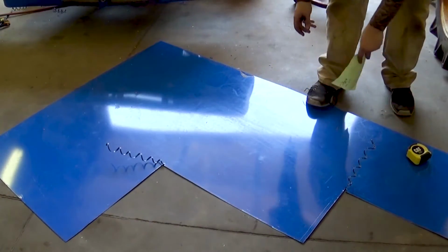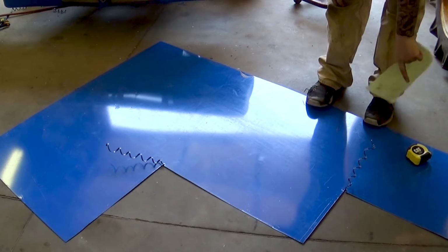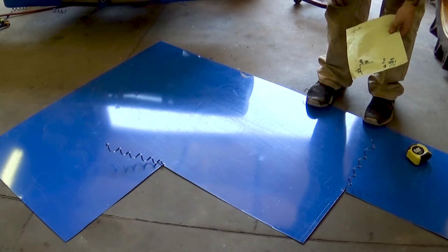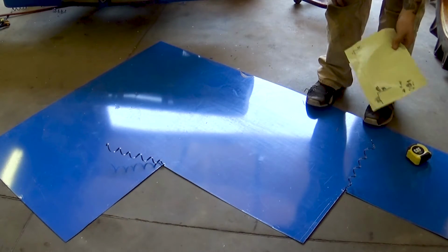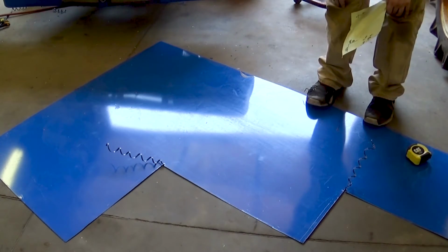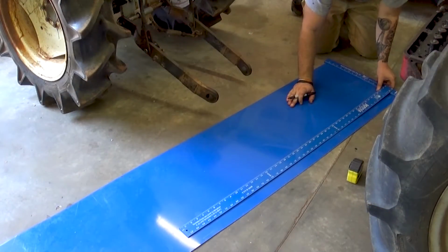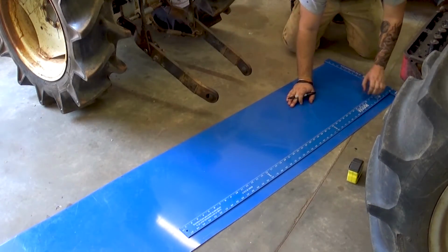So I'm actually getting pretty close to using up a whole sheet here. I actually may measure this little section here and see if I have enough on this side here. That way I don't have to cut out here. I'm trying to be as efficient as I can with this sheet metal. We just have 2